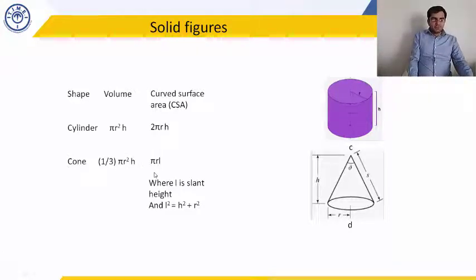And the curved surface area of a cone is something different. It is given as pi r L, where L is the slant height, and we calculate L using L square equal to h square plus r square. Now this looks very similar to the Pythagoras theorem, but we don't have any triangle over here. We don't have a right angle triangle. So where is this being used?